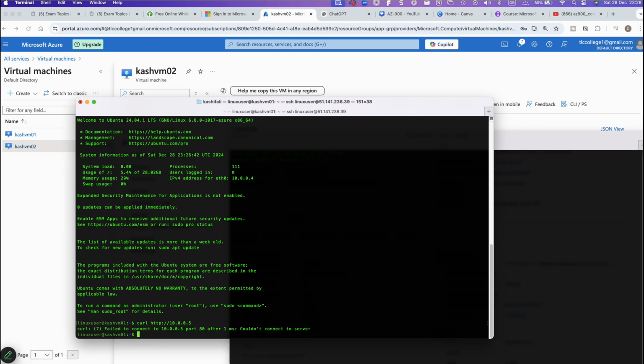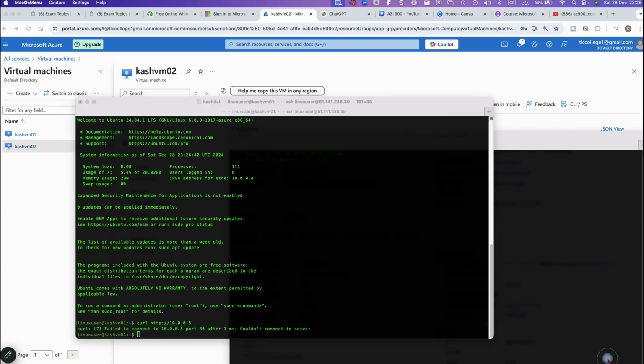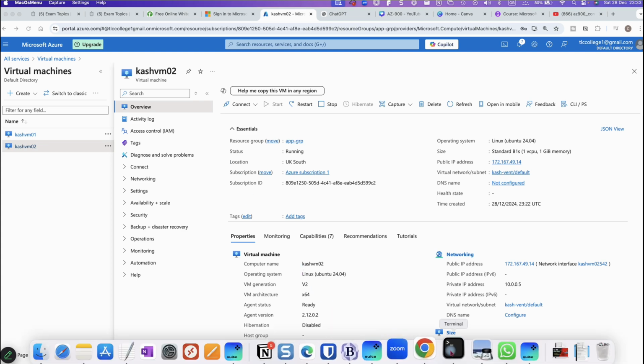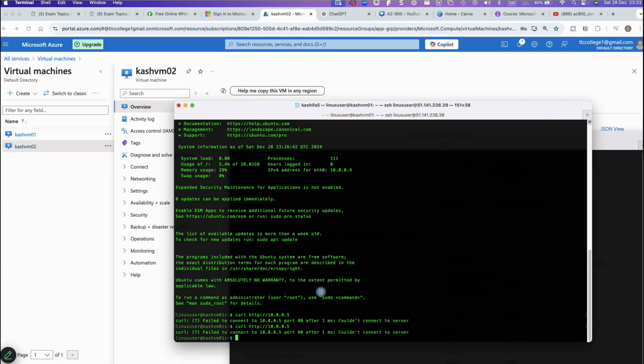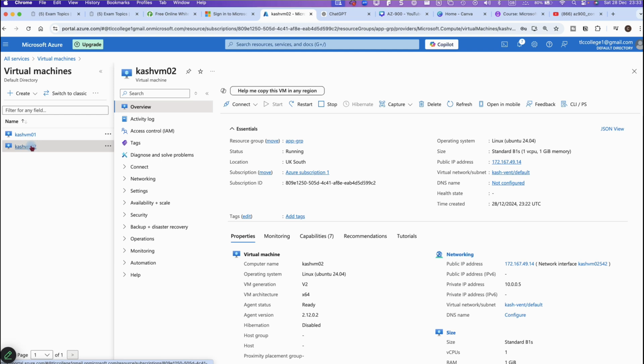No, one second. I'm putting the wrong command. Right, it's my fault. My bad. So we cannot use the curl command now because the curl command is to get the result from the web server. So first thing we need to do is log on to our second machine and copy that